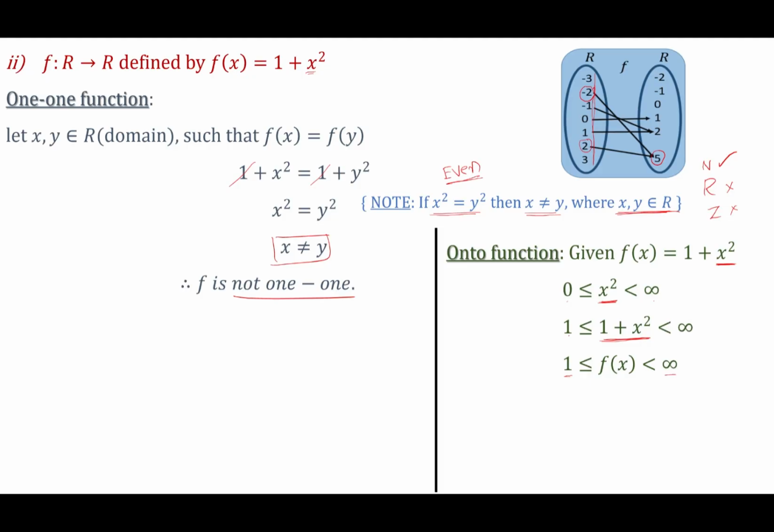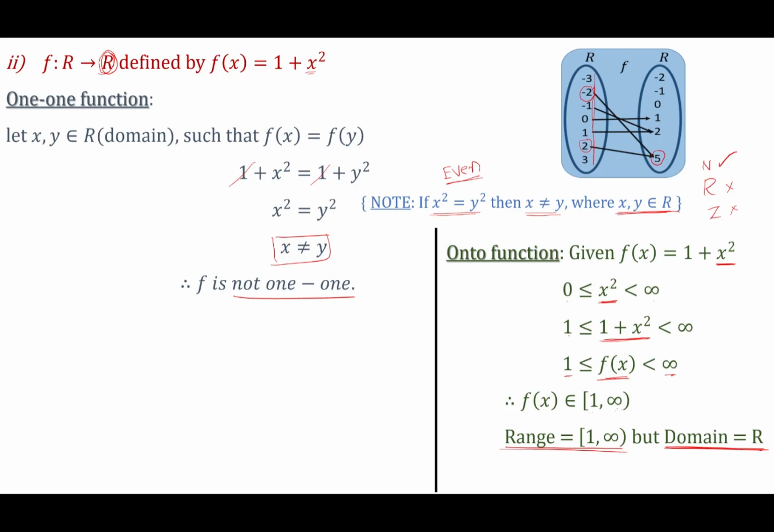This contradicts our question because the function says from real numbers to real numbers, but the function lies between 1 and infinity. So this is my range. The range lies between 1 till infinity, whereas the codomain, my codomain, is